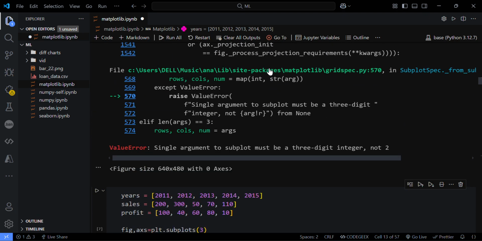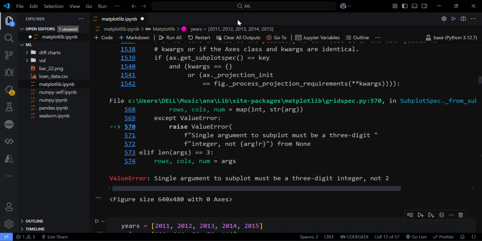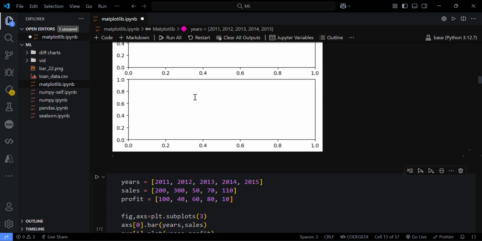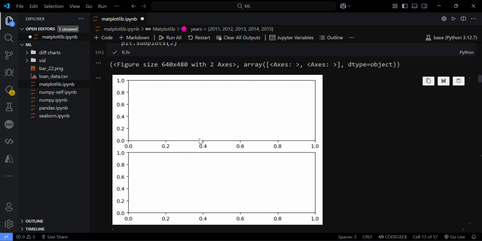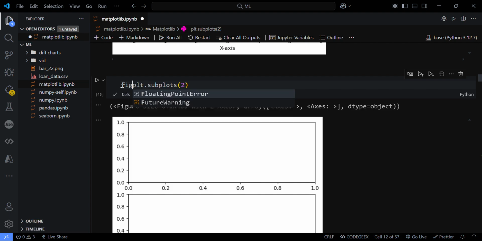Just run this code. It led to an error, and it will run now. And it created the two types of subplots. And if you want to access it, just create a